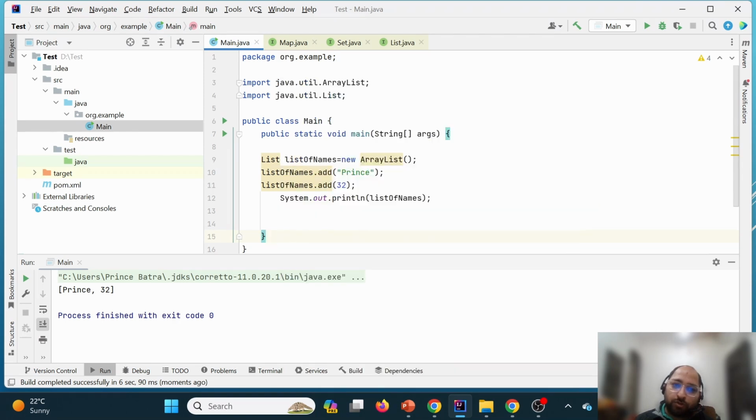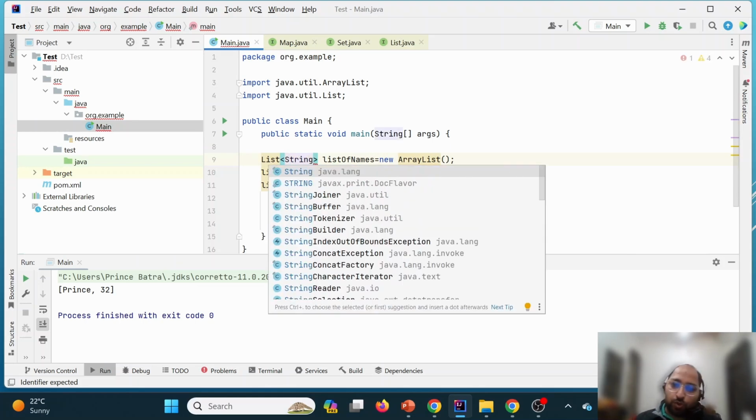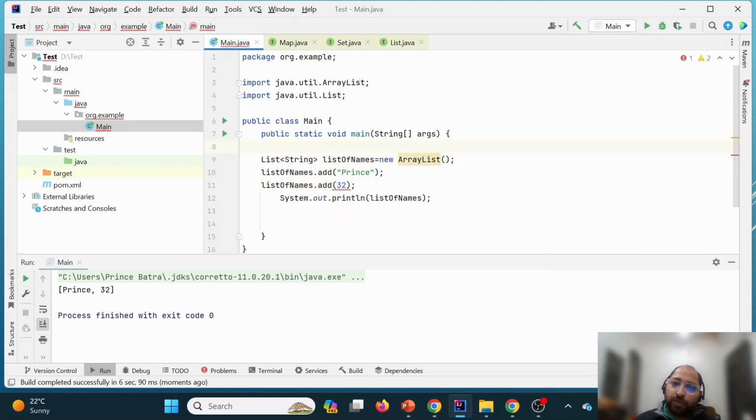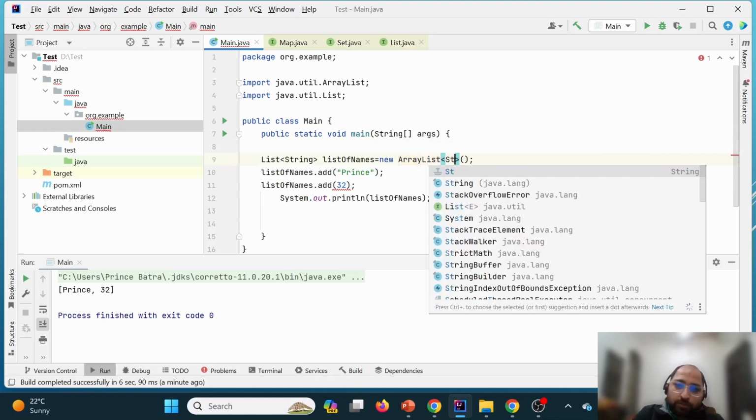and all. So what is recommended? We are recommended to use generics, right? So what do we mean by generics? We should store a specific data type. So let us say I want to store names of employees. Because names are strings, this is how I need to provide the generic. Similarly here also we need to provide a string,